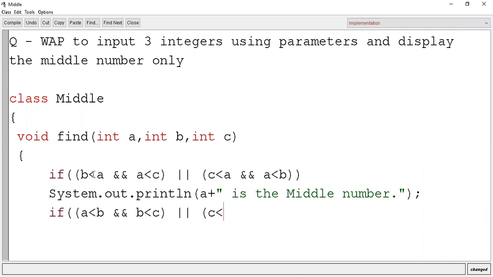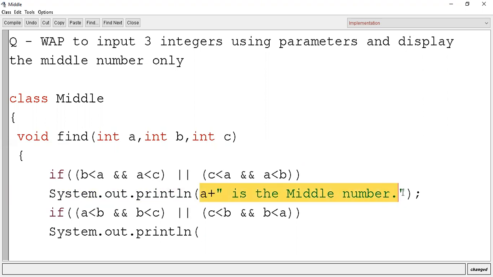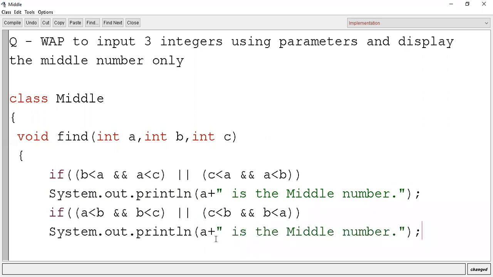So C is less than B and B is less than A. If either condition becomes true, the statement would be printed with System.out.println. We have assumed that B is the middle number, so I am just copying and pasting this part over there and changing it to B.